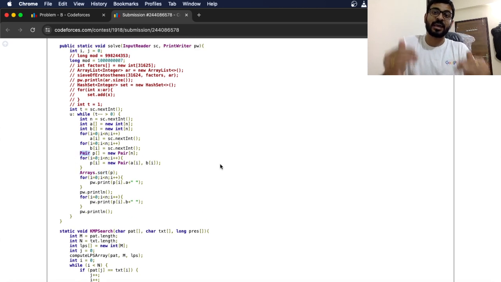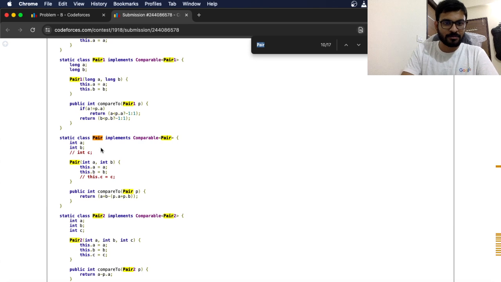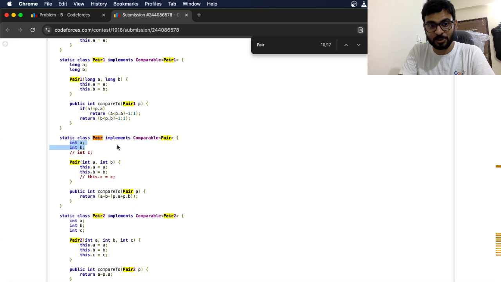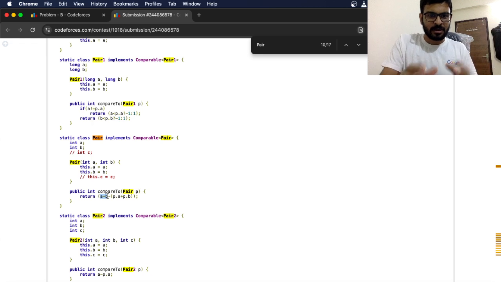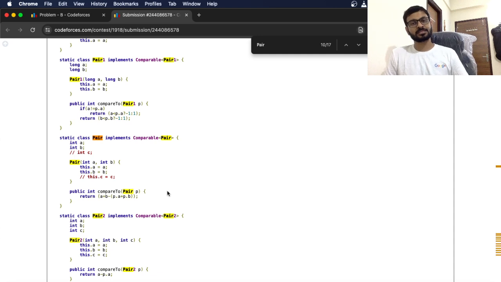In the pair class, I've defined how the comparison looks. Every pair object has two elements. This is the constructor. And then I'm saying compareTo P, so A plus B refers to the current AI and BI, and P dot A plus P dot B is the other one. This will subtract P dot A plus P dot B from A plus B. If the answer is negative,